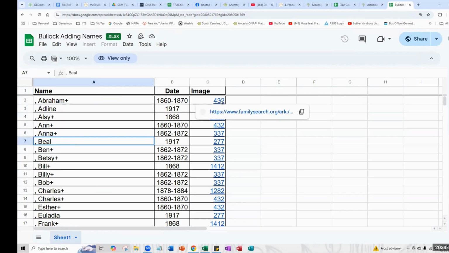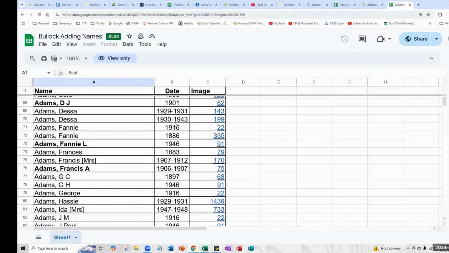What's the name associated to that slave? Me personally, I don't know that that's helpful unless I know I'm looking for the name Bill for Bullock. But okay, this is for